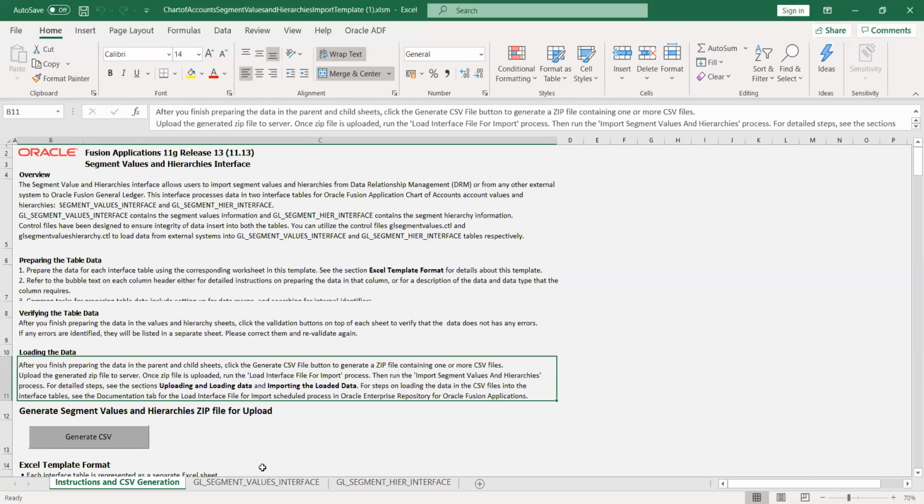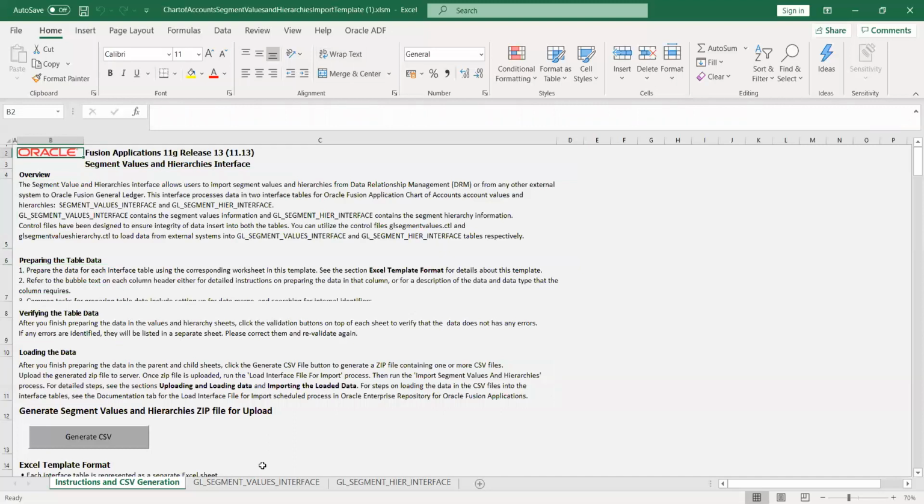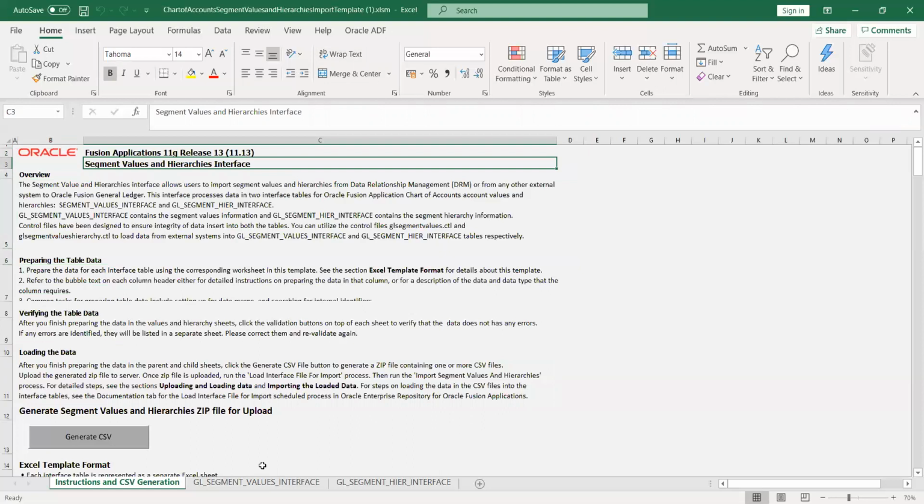Yeah, Arun, one second. Related to this Fusion application, this is 11G release 13. What does that mean? Is it something like an R13 version name? R13. And what about this 11G? Is it a database or something like that? It is the database, basically. In real time it is 12C, but for this Vision instance we have taken only the 11G part. This is not the latest one. The application, if you see, is R13. R13. Okay, fine. Thank you.